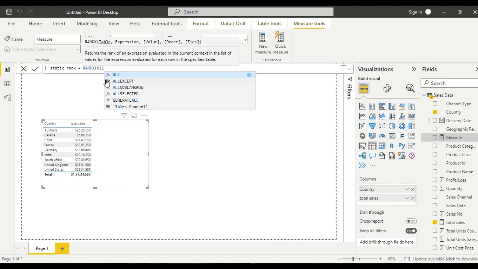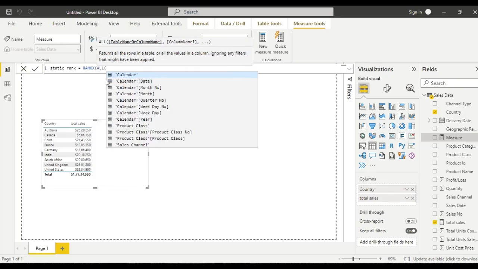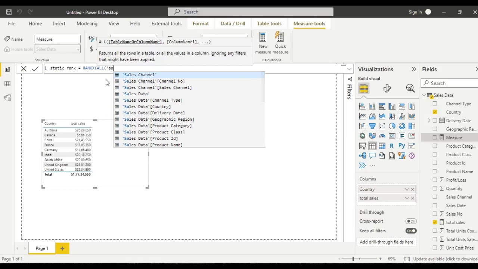So this function returns all the rows in a table or all the values in a column, ignoring any filters that might have been applied. So I am selecting the sales data country table, country column,